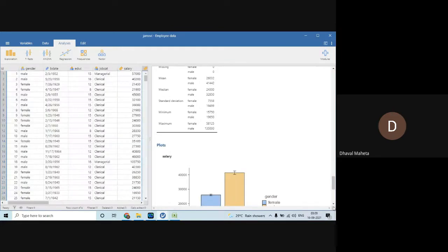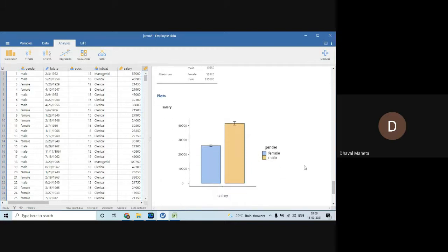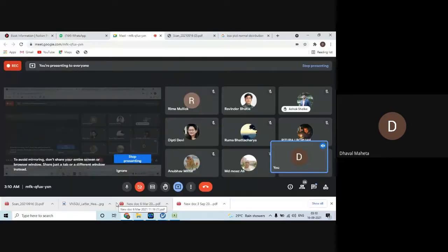See the result. Are you getting it? But here, the height talks about the mean. It is the mean of the salary. It's not the frequency, it's the mean of the salary.